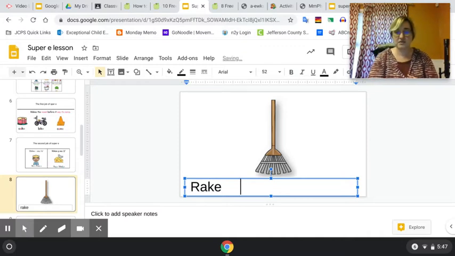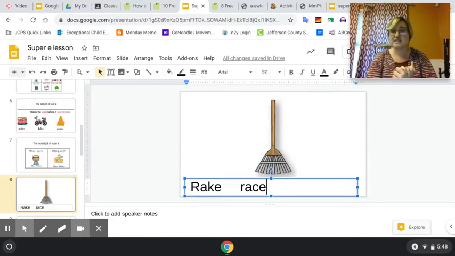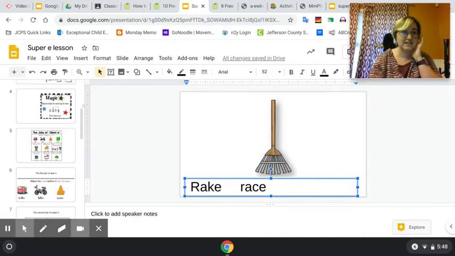Now I was telling you, if we put a C there, what would that super E change it to? That C would not go K, it would say S, and we would have the word ace. So we have to be very careful adding what all of our words today are going to have: that extra silent E at the end. Remember that magic E at the end.